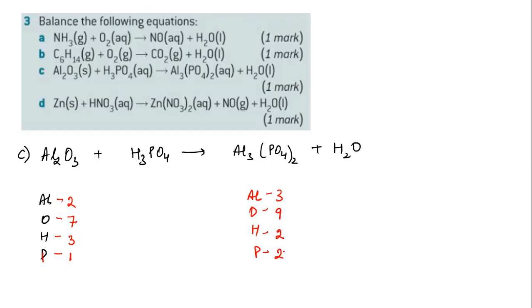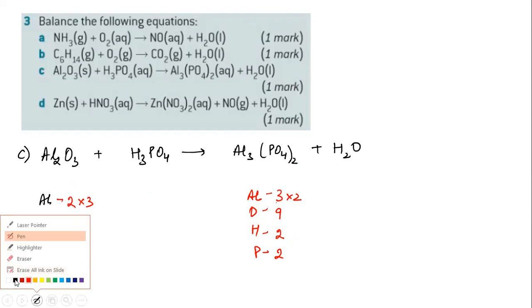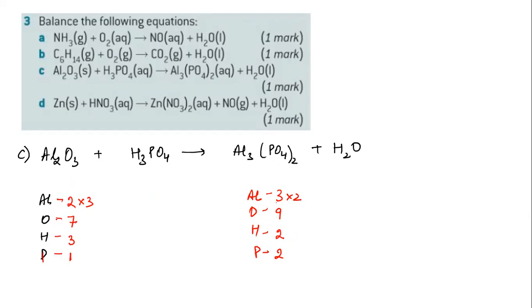Okay, 6 not 3. First of all, aluminium is the problem. So we'll solve aluminium first. Aluminium is 3 and 2. Multiplied by 3, multiplied by 2. Fine. Now if you write this there 3 and there 2, it will become 6, but the whole scenario will change. This will become oxygen 3 into 3, 9, 9 plus 4, 13.